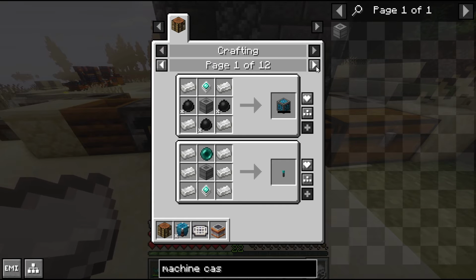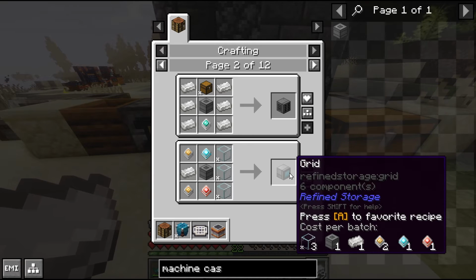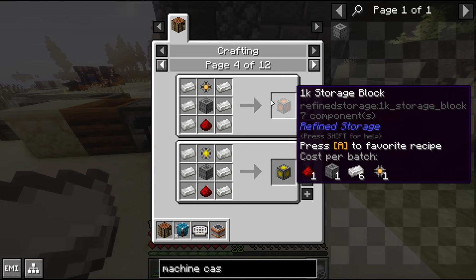So what things do I really want? Wireless transmitter might... I'm probably not going to have enough power for it, but we'll see. Definitely need a disk drive. And we're going to want a fancier grid, right? A grid that does it all with...